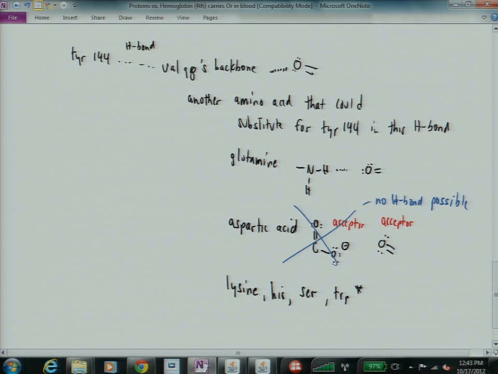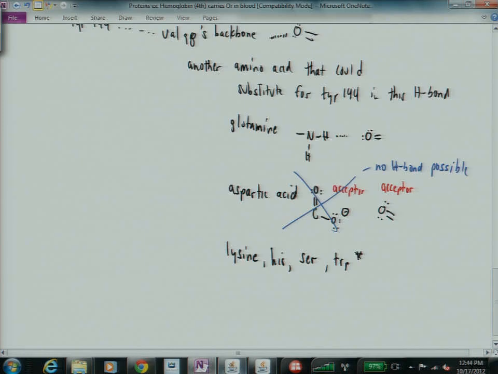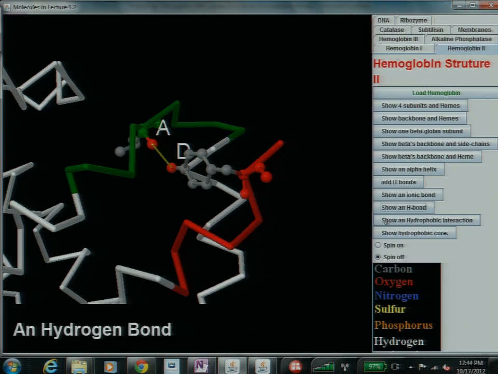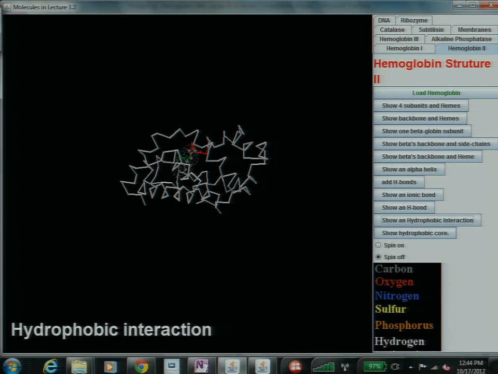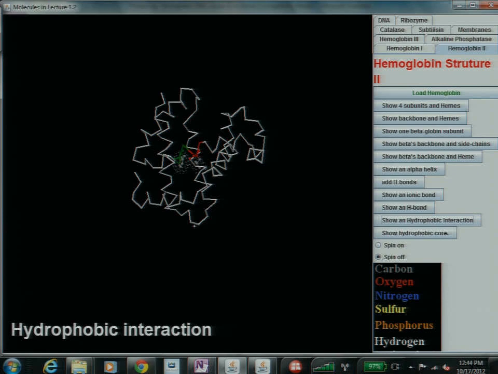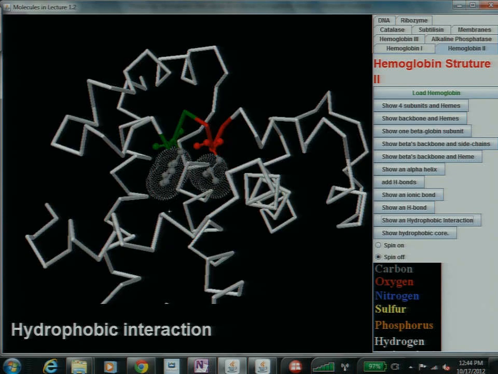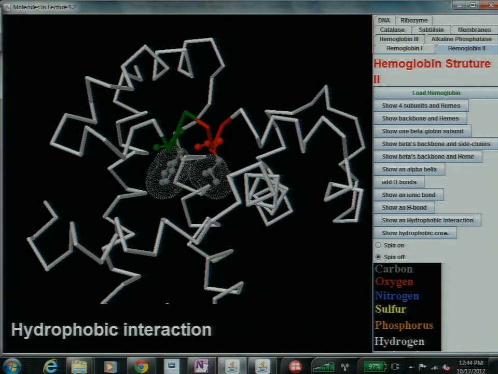All right, let me do one last kind of bond. And that's this. Here, deep in the middle, you got a bunch of amino acids, and they're doing a hydrophobic interaction. All right? Snuggle up in the middle of the protein. One of the things I want to show you about this, because I want to ask you guys some examples in a second,